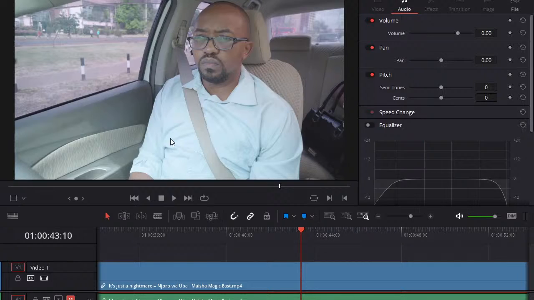So first of all, there's a reason why these cameras offer the flat profile, okay? In my case, I've installed a flat picture profile on my camera called Cine Style, right? The reason why people shoot flat is for dynamic range. If you're a filmmaker, you already know that, okay?